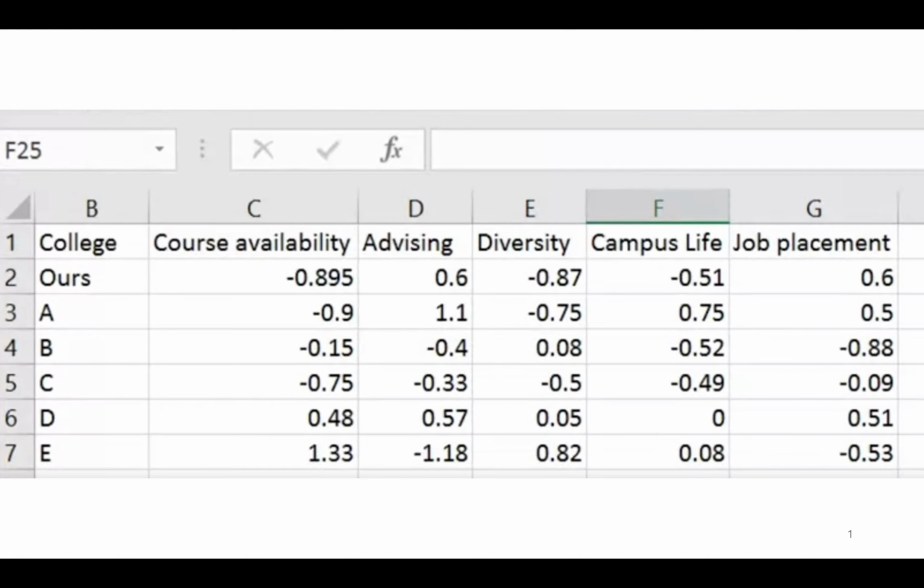If you want to present something to the user, we have to make it contrast with the rest of the data. In this lesson, you will learn how to apply contrast to your visualization. So let's get started. Here is a data table, a fictional data table of six colleges,